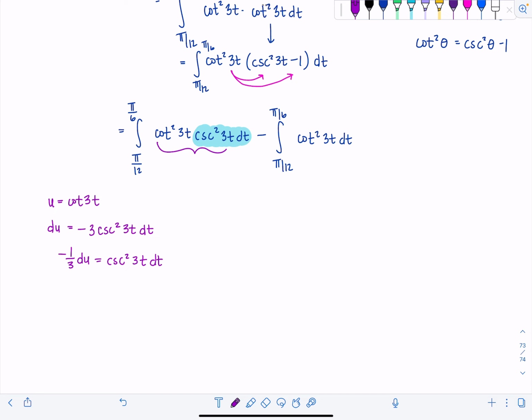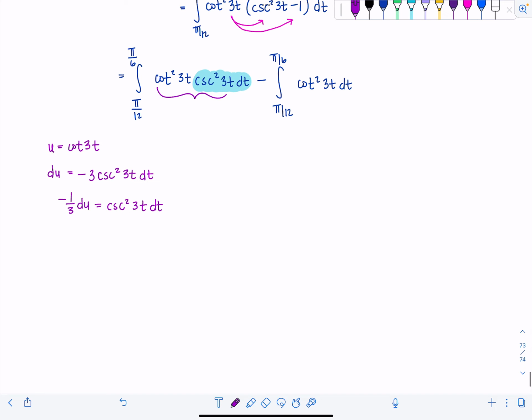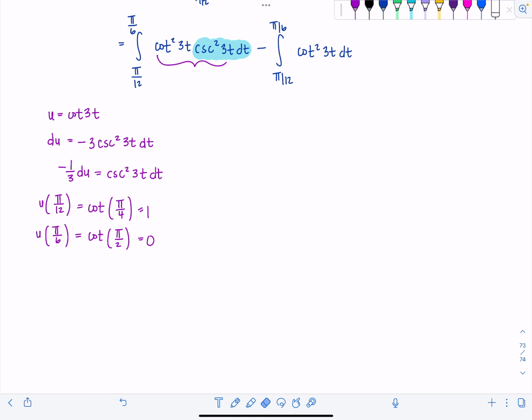I'll call that whole thing its own little integral. Let's go ahead and change our limits of integration. So u of pi over 12, that's cotangent of 3 times pi over 12, that's pi over 4. Cotangent of pi over 4 is 1. And then u of pi over 6, that's going to be cotangent of 3 times pi over 6, that's pi over 2, which is 0. Okay, so now we have here an integral